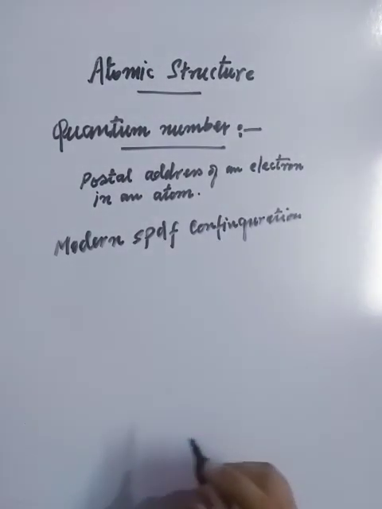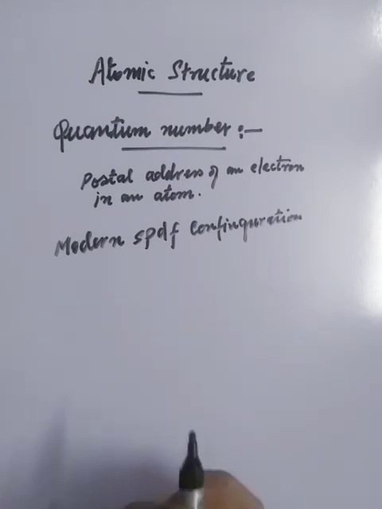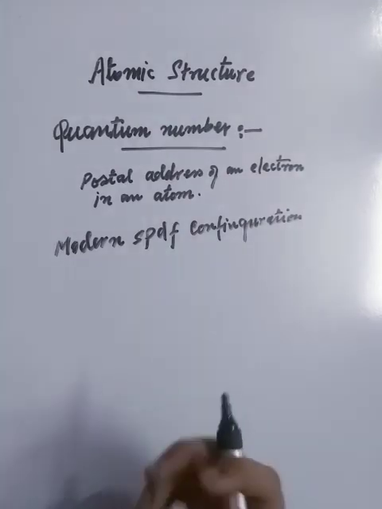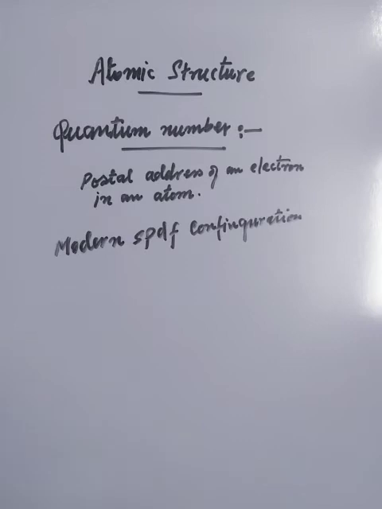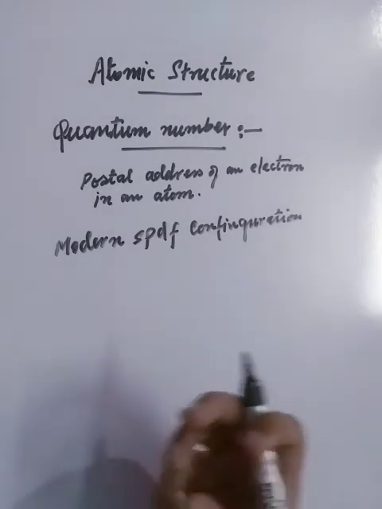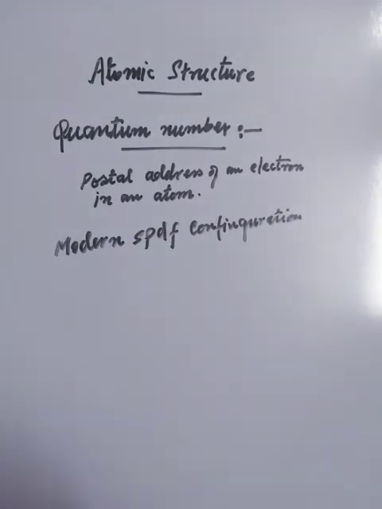According to Aufbau, a chemist, the electrons will be filled in increasing order of the energy of their subshells. Again I am repeating, what is the Aufbau rule? The Aufbau rule is the sequence of filling of electrons in increasing order of the energy of their subshells. So we have to find the energy of different subshells and arrange them in increasing order. After that we can fill the electrons. We know the maximum electron capacity of each subshell.